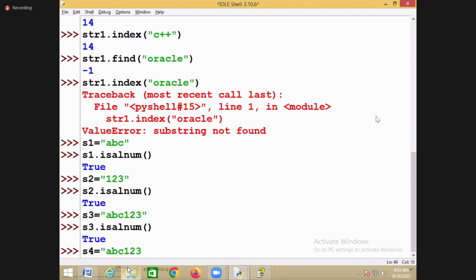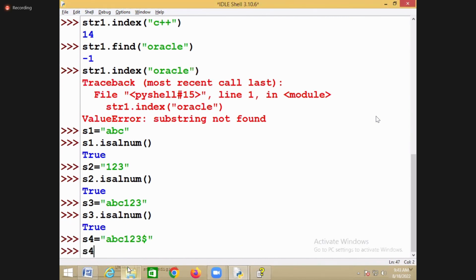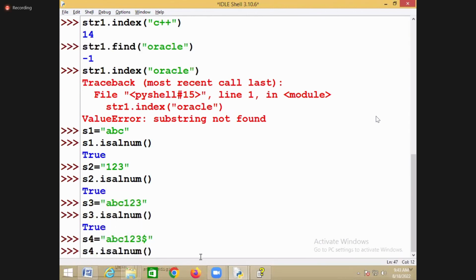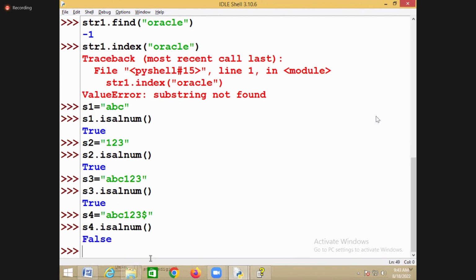If I'm writing ABC 123 dollar, and I say S4 dot isalnum, then what will happen? It displays False, because a special character is not allowed. It contains either only alphabets or only digits, alphabets and digits. But it will not allow any special